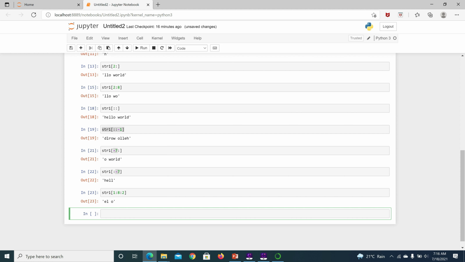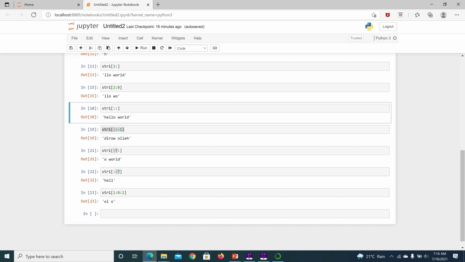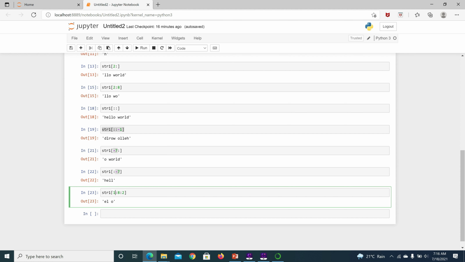0, 1, 2, 3, 4, 5, 6, 7, 8. It grabbed O, L, E. You can see the difference now. Step count is what we have given. Based on that, it grabbed. This is starting point.